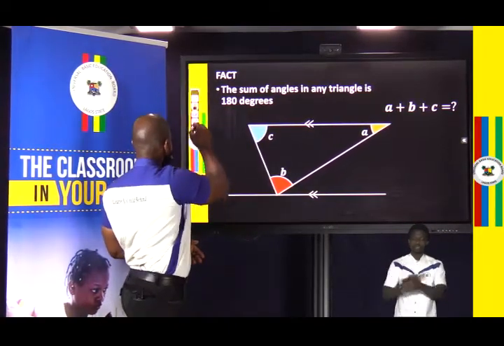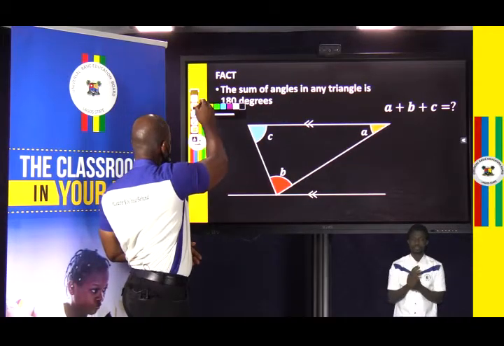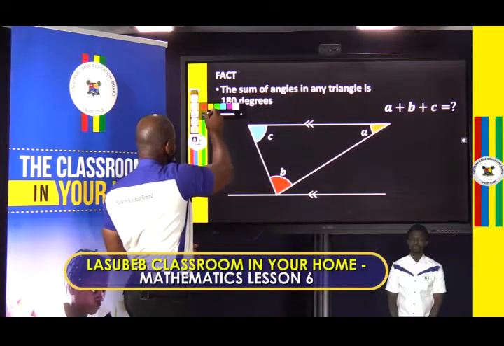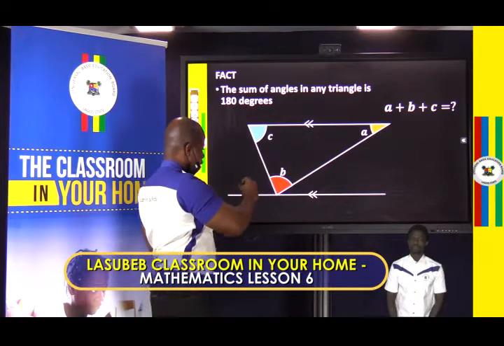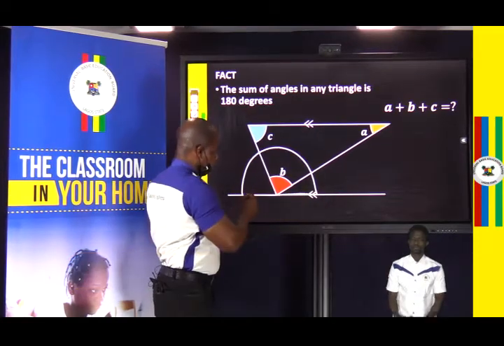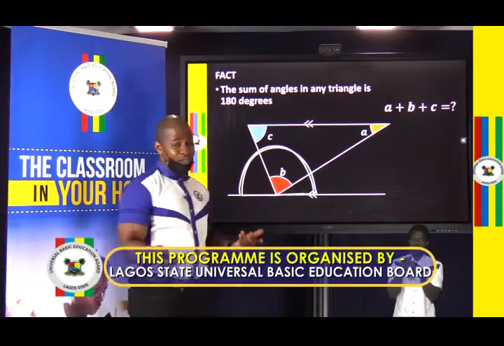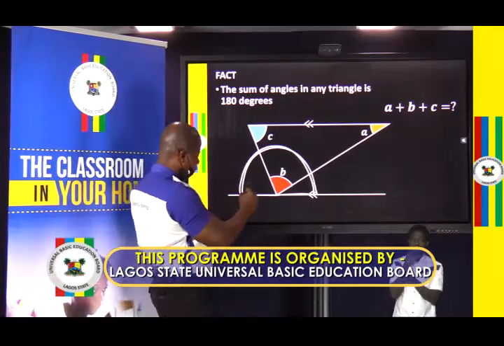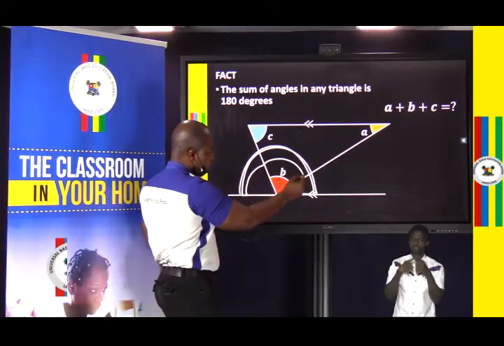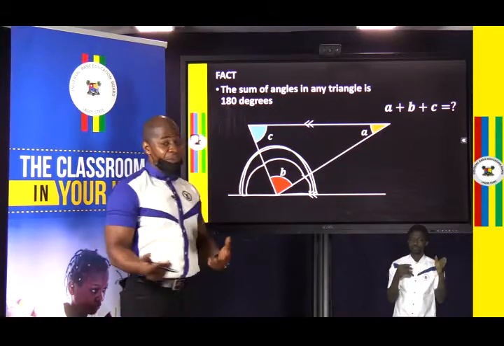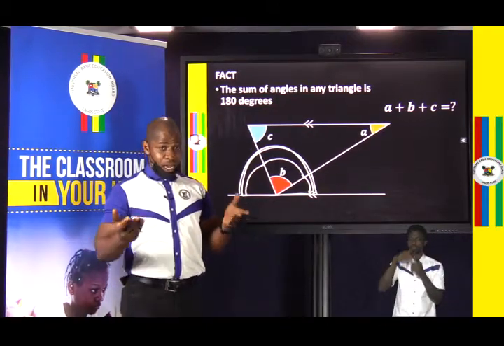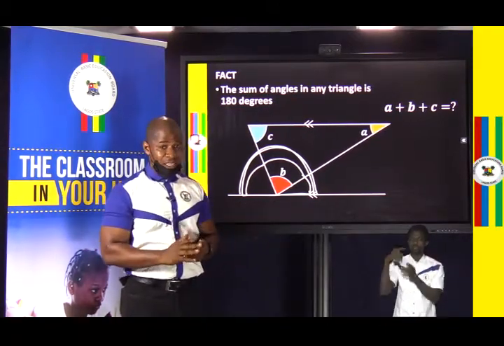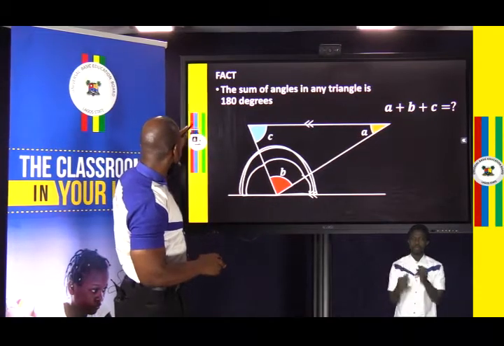That is an angle on a straight line like this, around a semicircle, that is 180. And that means that from here to here, plus from here to here, plus from here to here, everything must be 180 degrees according to what we learned in our last lesson. All right, now putting that at the back of our mind,